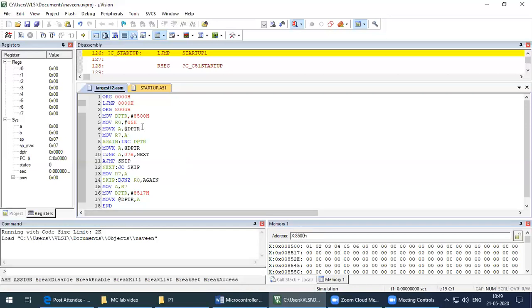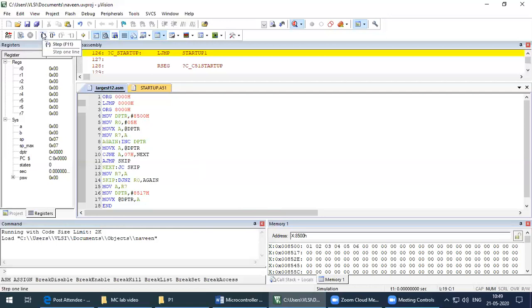Then we will initialize the comparison count. If we are given 6 data, we need to compare n-1 times, so the comparison count is 5. So MOV R0, #05 means 5 will be stored in the R0 register. Then we are copying the first value, that is the 8500 value, into the accumulator.